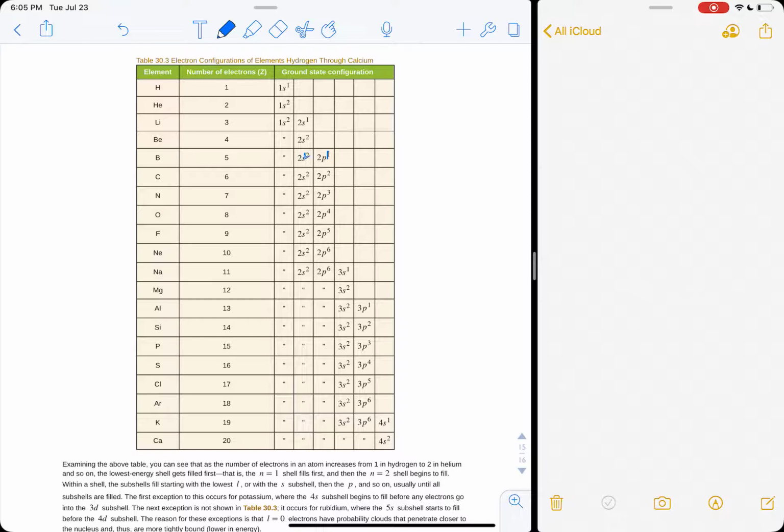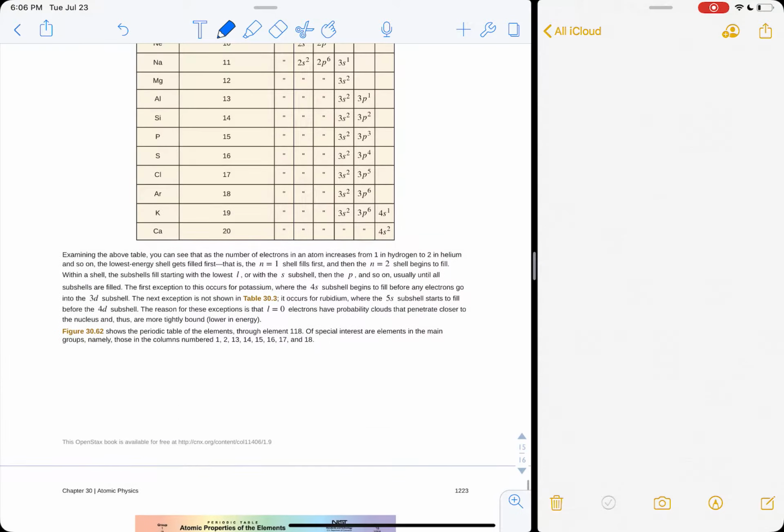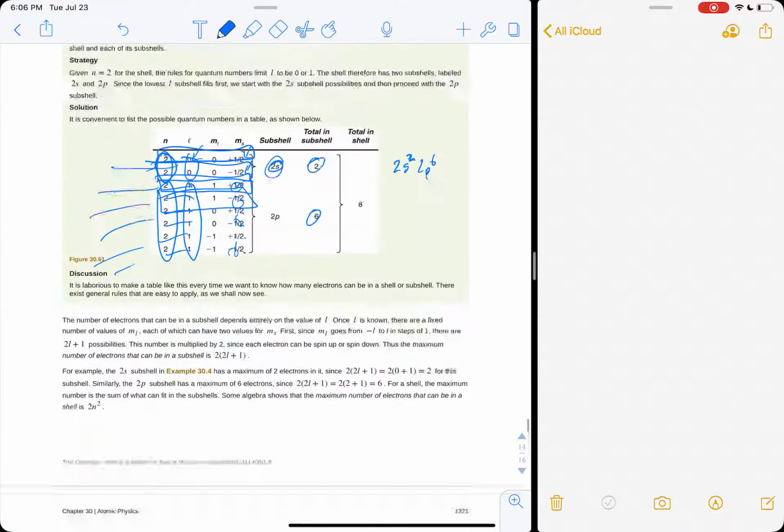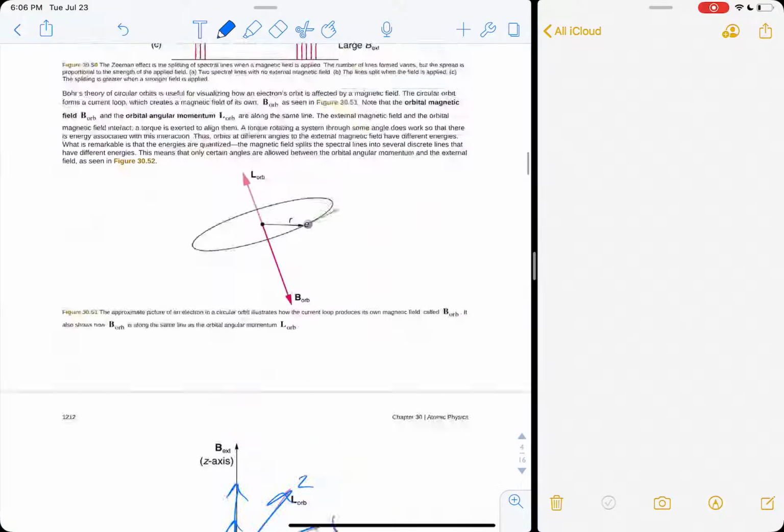And then it continues with 2, 2, 1, and so on, 2, 2, 2, up through 2, 2, 6, and so on. And so you just keep filling this out according to this table, and this is called spectroscopic notation. So when you go to figure out what it is for uranium, what you do is you copy everything down for all the previous things and just keep extending it until you get to the full periodic table of elements. Okay, so that's how that works. See you guys later. Bye.